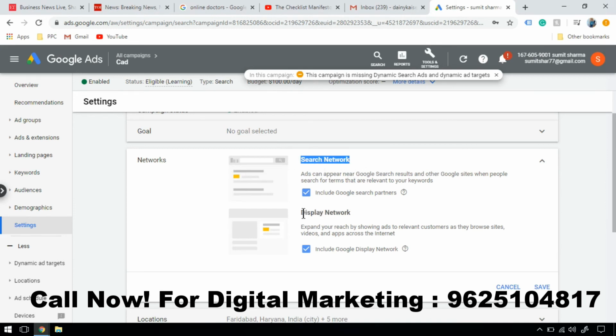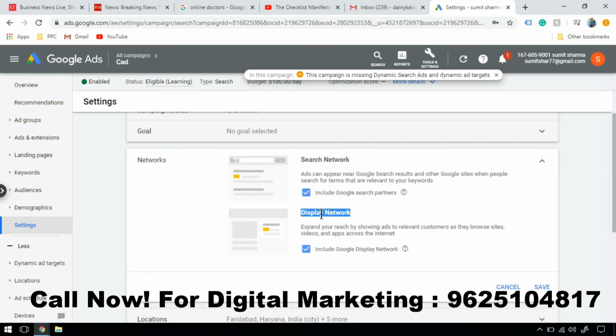And when it comes to display network, here we try to find new customers or engage your existing customers who visited your website or a similar product. So in this case of display network, we call it push marketing. In display network, it can help you to capture someone's attention earlier in the buy cycle. Even before they are ready to buy, we show our ad so that the customer can consider it.